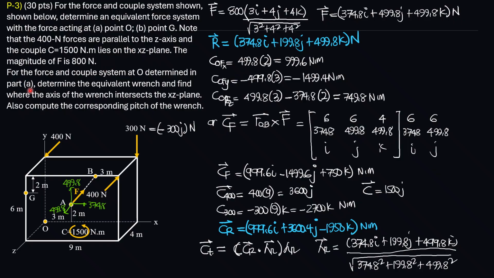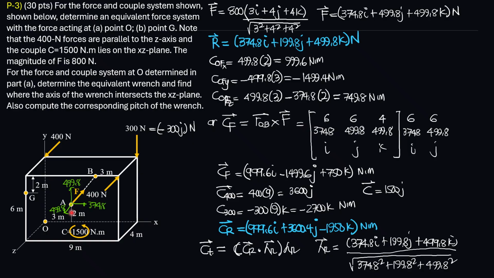So the magnitude of F is 800 newtons. Then for the force-couple system at O determined in part A, determine the equivalent wrench and find where the axis of the wrench intersects the xz plane. Also compute the corresponding pitch of the wrench. So for